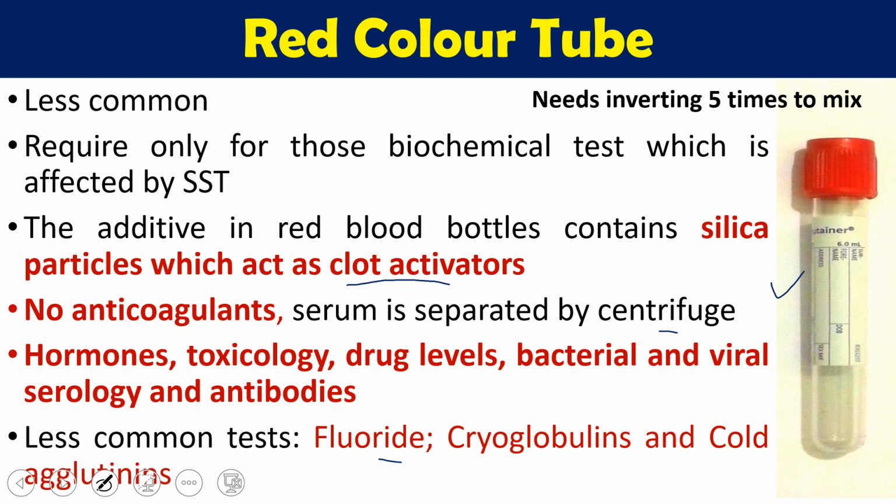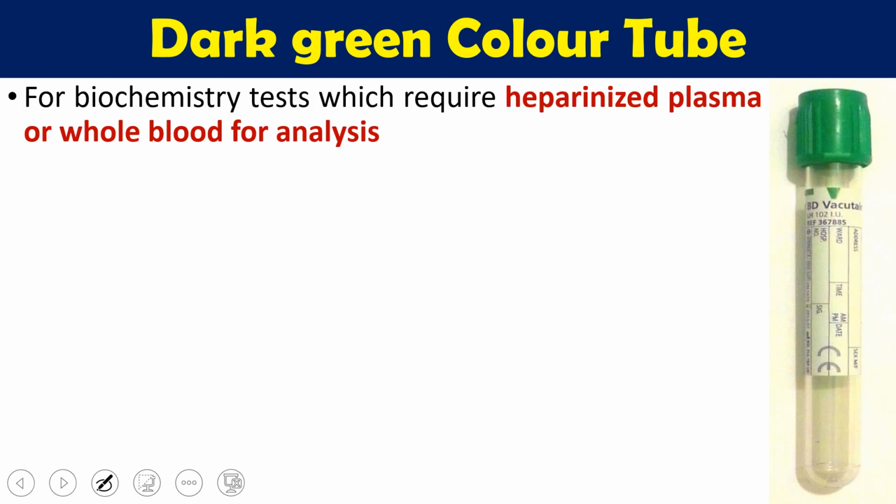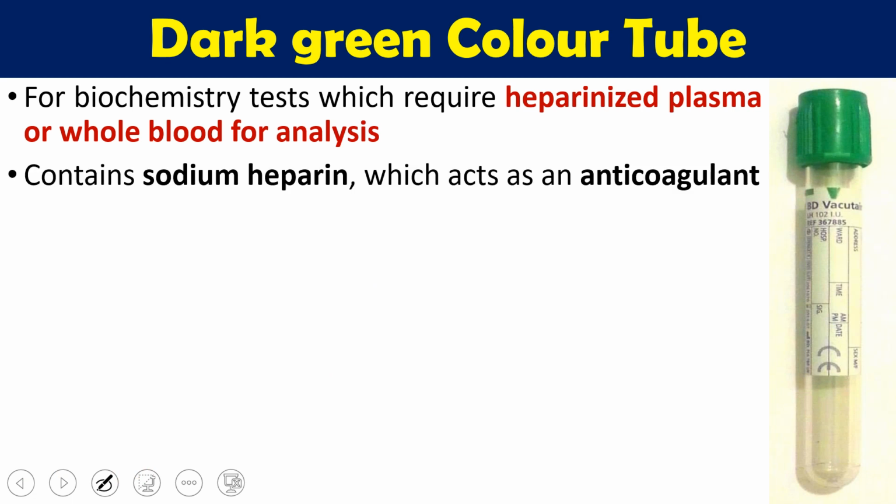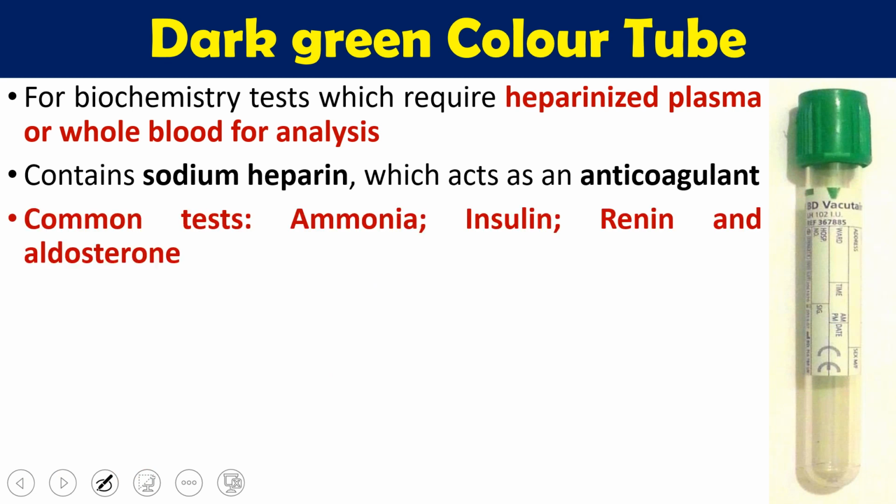So here we require a minimum of 5 times mixing, that is the minimum requirement. Then we have dark green color tubes. These dark green color tubes are used for those biochemical tests which require heparinized plasma or whole blood for the analysis. It contains sodium heparin which acts as the anticoagulant, and the common tests where we are going to use this